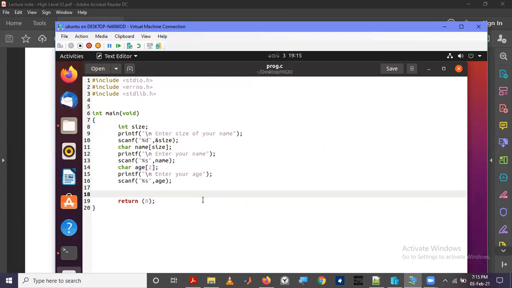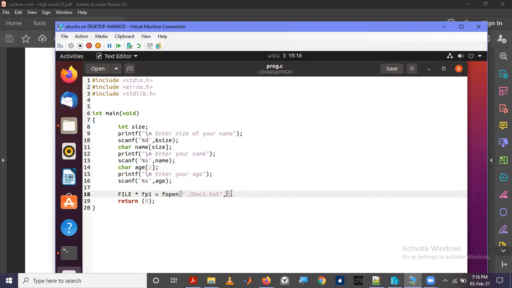So the return type of the fopen function is file pointer. So I'm going to create a file pointer known as fp1. So it will open. First argument is nothing but the name of the file that we want to create. So we want to create, we will use relative addressing, a file known as doc1.txt in the present directory.